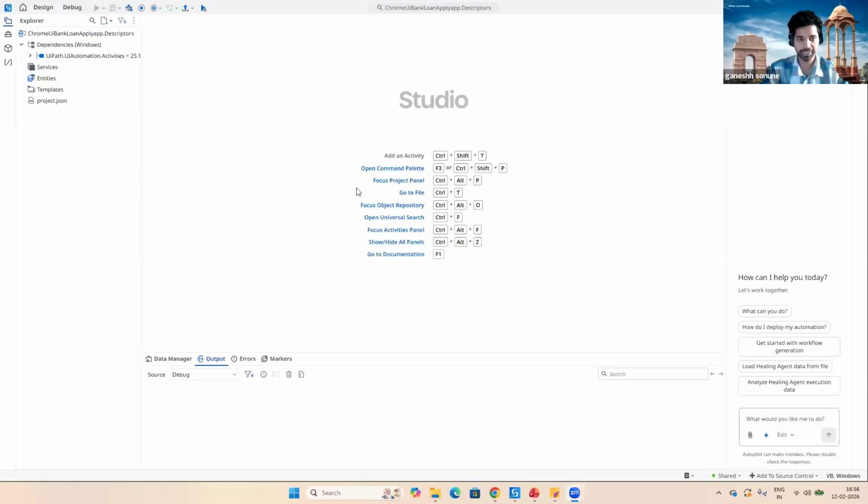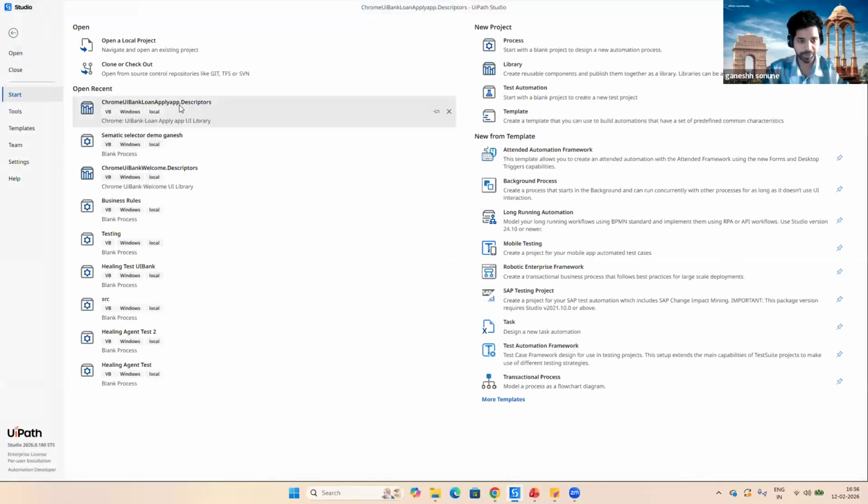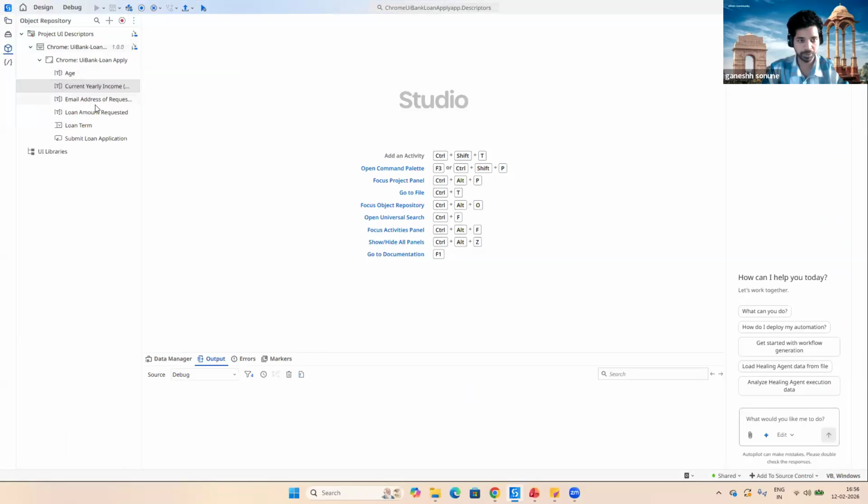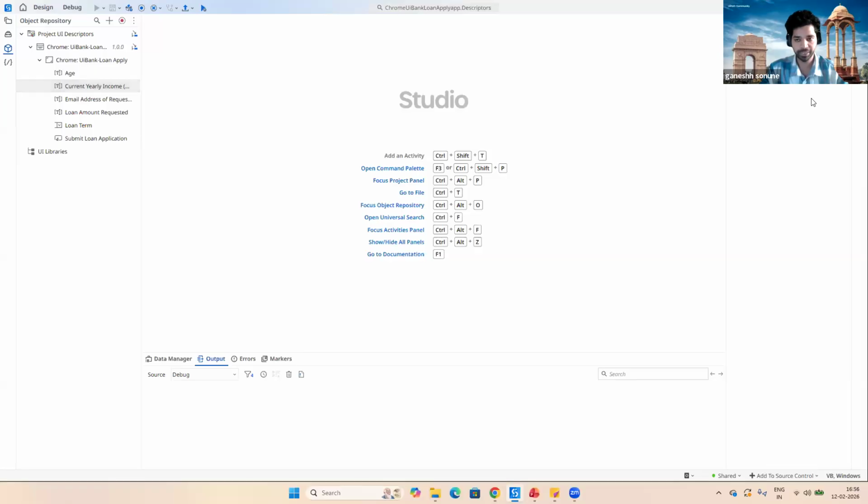Here I have that descriptor. This is the descriptor. Go into the object repository. You can see that something is changing in the environment, in the URL. That's why I am changing it and enabling the semantic fallback method. I want to do it in all my projects, whatever is in production. So what am I doing?